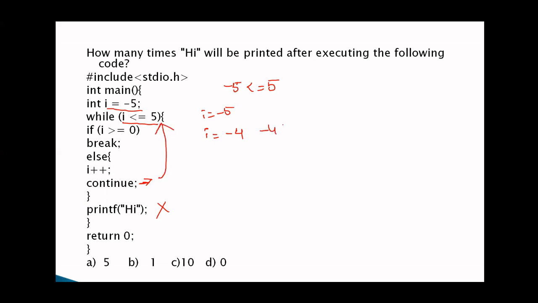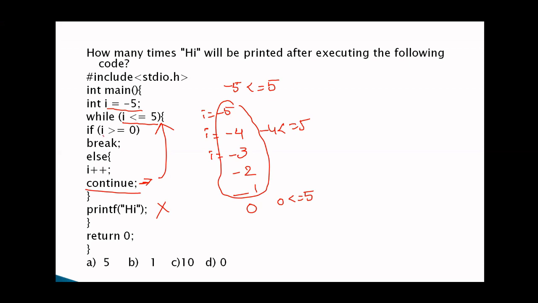So minus 4 less than or equal to 5. Again the if condition fails, so else. In the else, I value is minus 3. Continue. Minus 2, minus 1, 0. So I less than or equal to 5, that is 0 less than or equal to 5. Up to now, from minus 4 to minus 1, the else block is executed. In the else block, we have the continue statement, which means skip the current iteration and move to the next one.